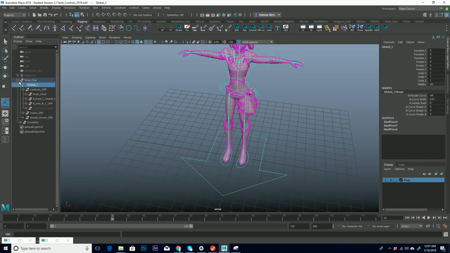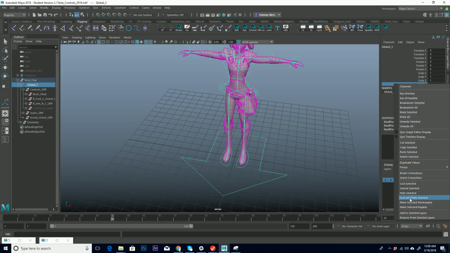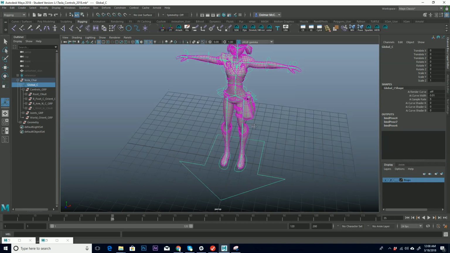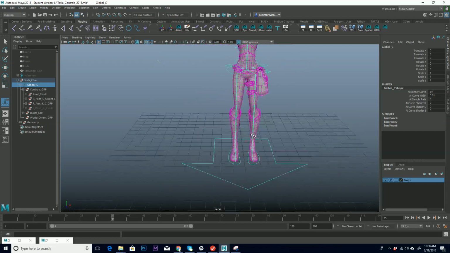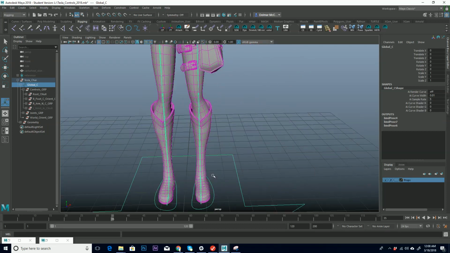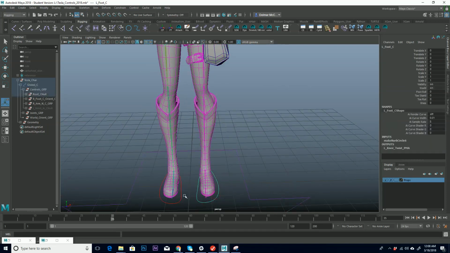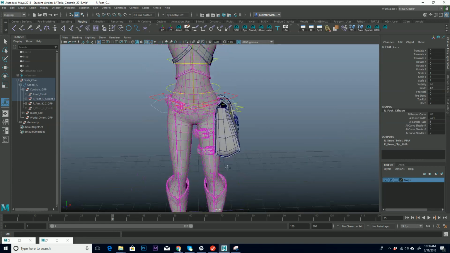And then we're going to go in and we're going to start doing that. So the global control, we want scale, we probably just don't want visibility. They can have control over everything else. So we'll lock and hide just that one channel. Okay, and now we're going to do this for every single one of our controls. Okay, and we can select multiple controls